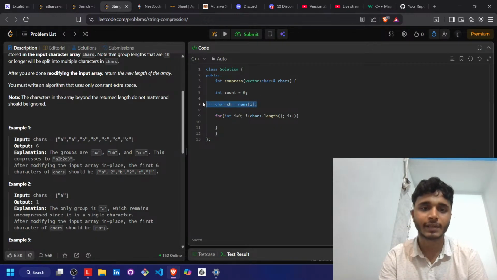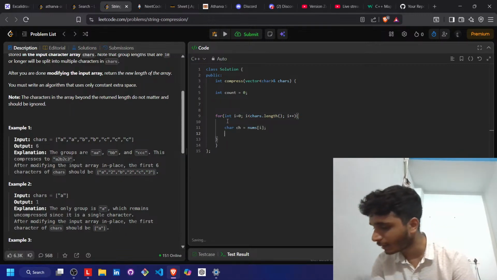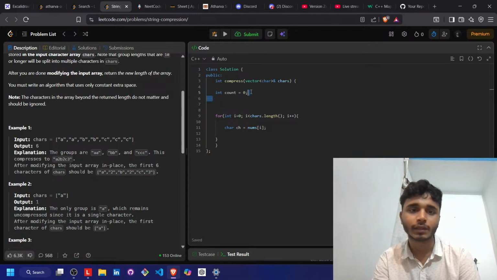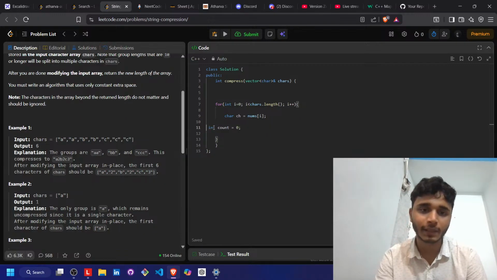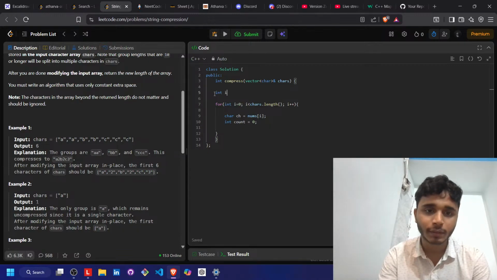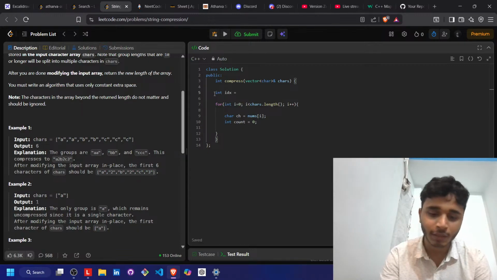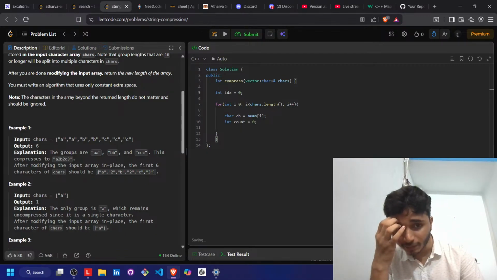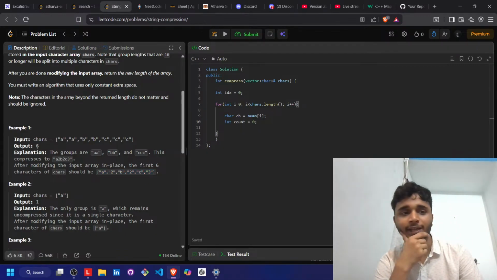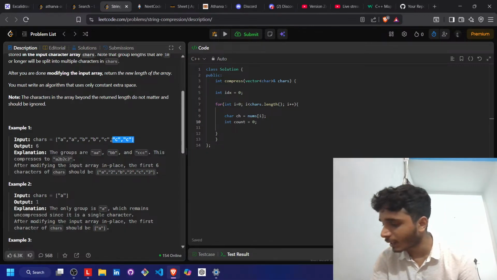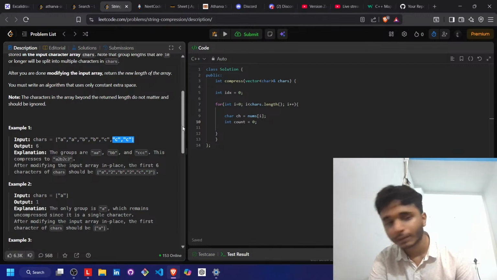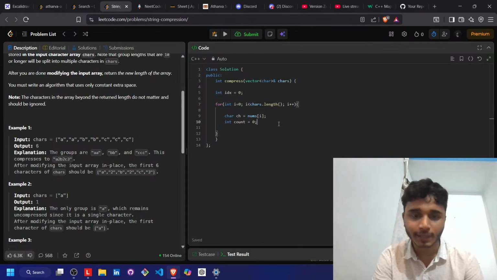So this will be the current index of nums i. Okay. This will not change, and count will be 0. We will have to take the count inside this, and there will be an i index, and we will take another variable index started from 0 for updating the characters in the new array, right? Like in the existing array, just after that, there will be some functions that we will use to do the things that are required in this problem. Okay, this is done and this is done. Inside this for loop,